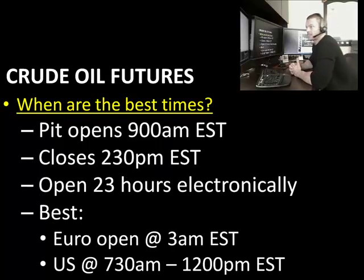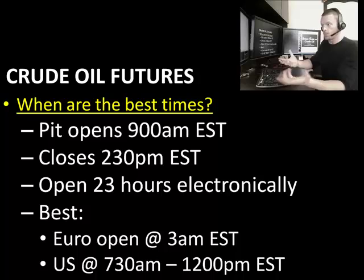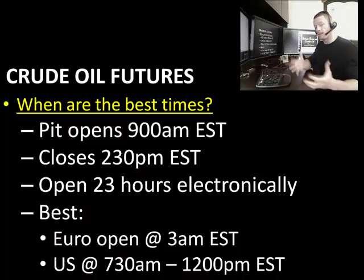All right, one of the best times to trade this. Well, the pit opens up at 9 o'clock. It closes at 2:30 Eastern time, but it's open 23 hours a day. Very unique, right? Whenever we have electronically traded markets that also have a pit, we're going to have the pit open up at 9 o'clock and then close at 2:30. But remember, guys, this is electronically traded, which means 23 hours a day, 23 and a half hours a day,